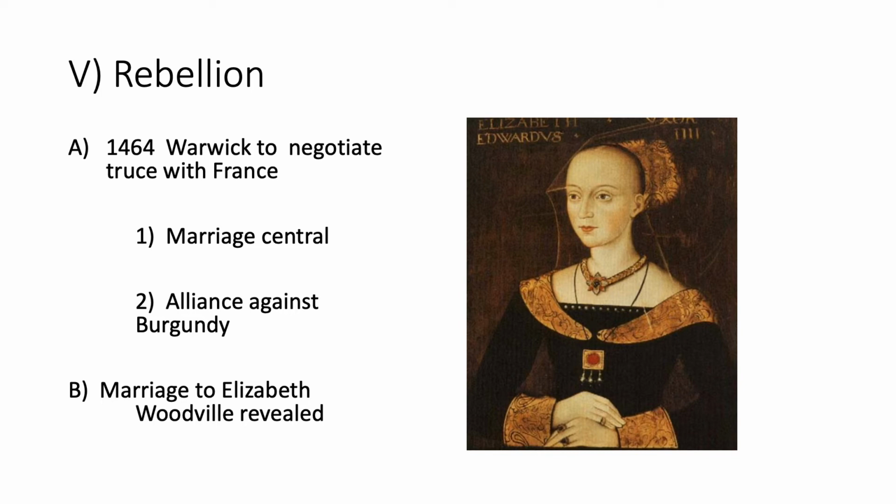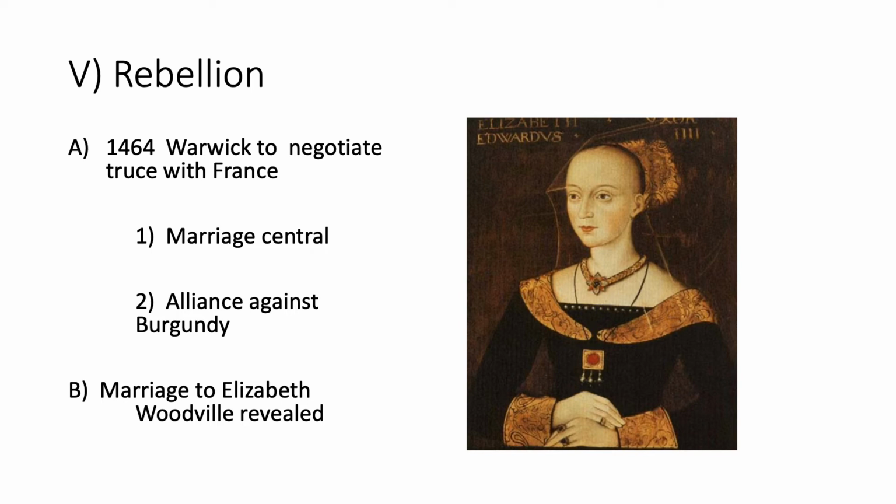In order to counteract that, Edward sends the Earl of Warwick, his uncle, to France to negotiate a truce. Warwick spends a number of months trying to convince the French that a truce is in their best interest. Obviously, on the heels of the 100 Years' War, there's still some bad blood. He promises an alliance against the Burgundians. The Burgundians and the French are at odds. Typically, England and Burgundy have been strong allies, and so this is really upending the status quo.